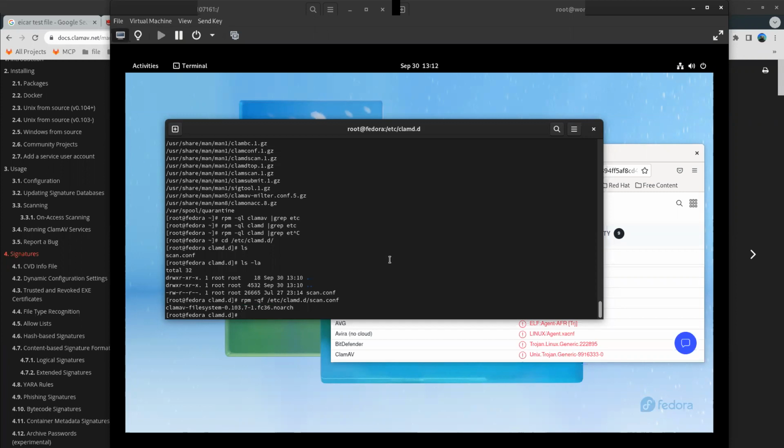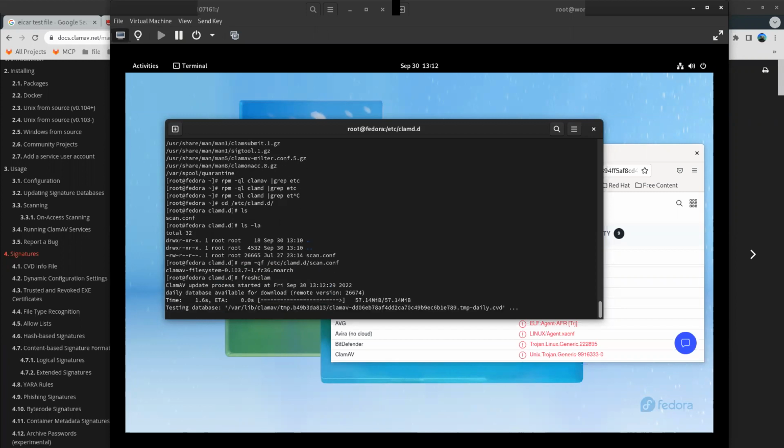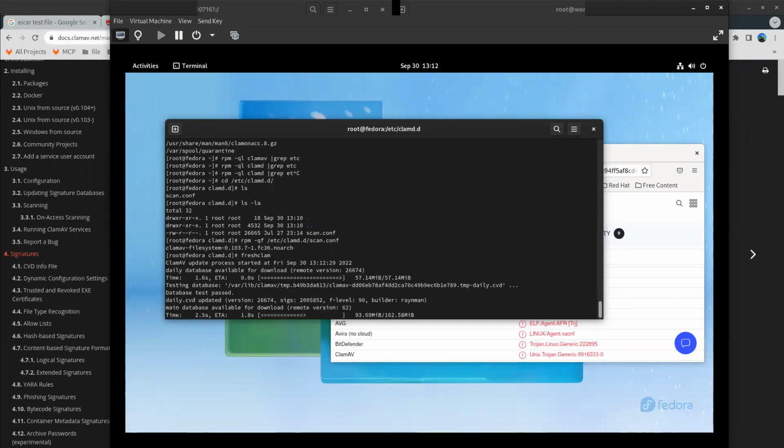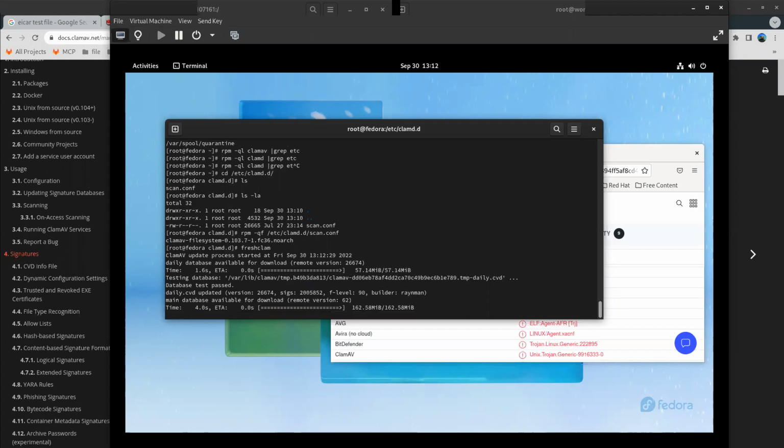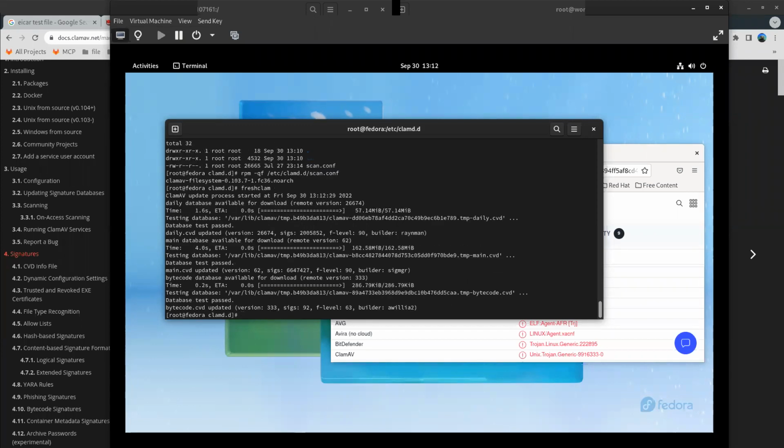So for the core config files, we have two components: an updater, and the service config. Step one is always to add your signatures first. We're going to use a tool called FreshClam to do that. It's going to reach out to the internet and grab them. It has a service that can run as a daemon and automatically update itself, or we can run it the way I'm doing it right here. You can run it through cron. I like to run it through cron because I just don't like to see lots of spurious processes on my servers.